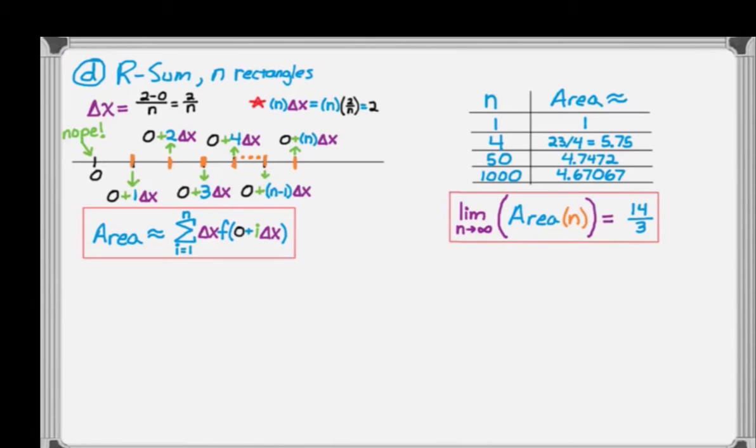So it turns out that it didn't matter if I used a left or a right Riemann sum. When I took the limit as n approaches infinity, I got the same answer of 14 thirds, and that's actually the true area. So that's a couple of examples. I'm going to end this video here, and in another video I'll show you how to actually calculate that limit